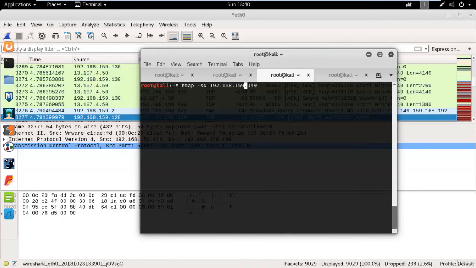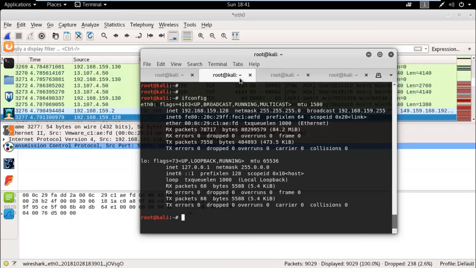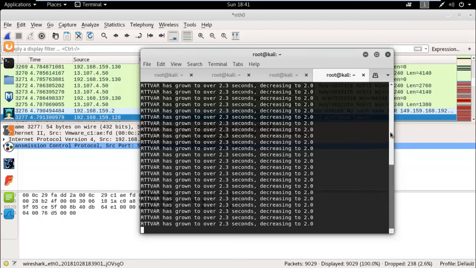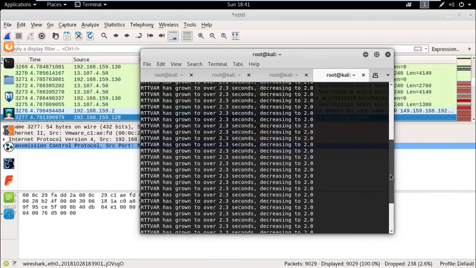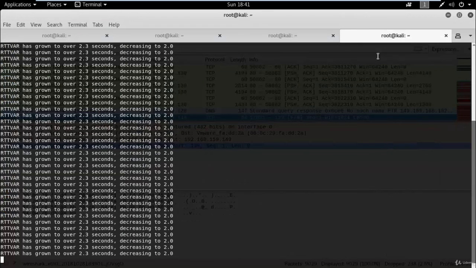Same, you can scan Xmas, using capital X. We are able to gather information about the target using the Christmas scan. So here you can see we are gathering information about the target. It will take a few seconds more, so let it be done.